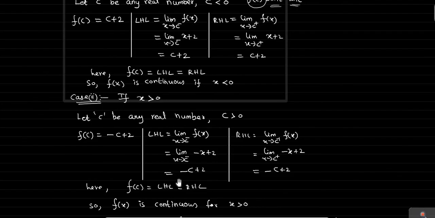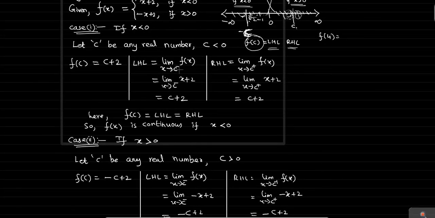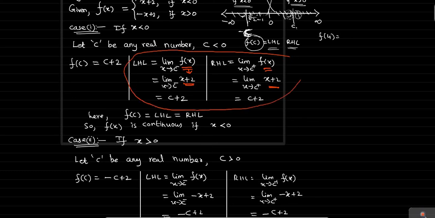And here, when you notice, for finding the left hand limit and right hand limit, what function did we apply? Here also x plus 2, here also x plus 2, right? So when the left hand limit and right hand limit take the same function, it is not compulsory to work them out separately. Instead, we can write it as limit x approaching c. When we don't put any minus or plus symbol, it includes both the left hand limit and right hand limit.